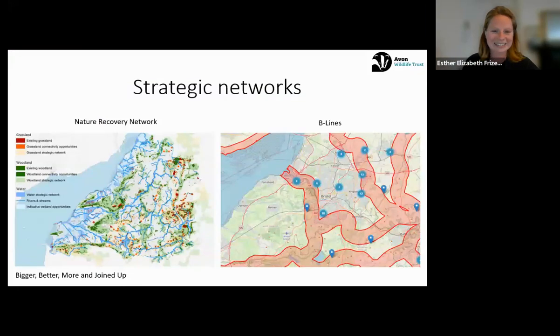So I just thought it would be useful to talk briefly on strategic networks, because if you're applying for a community grant or something like that, then it might be useful to know if your land sits within these corridors, these network corridors, because that could give you points with the people that are assessing